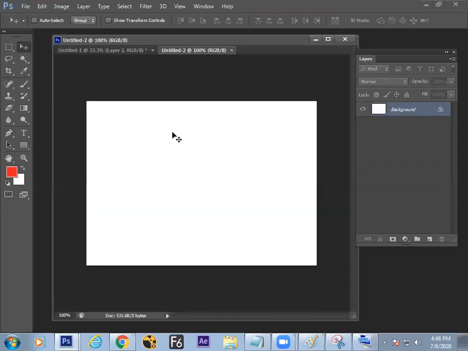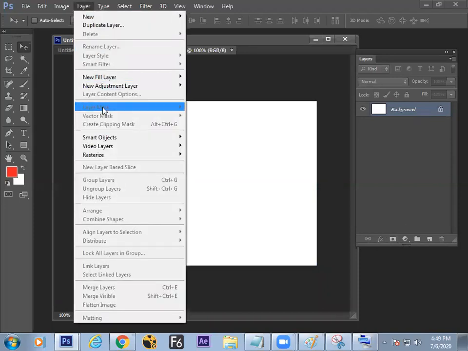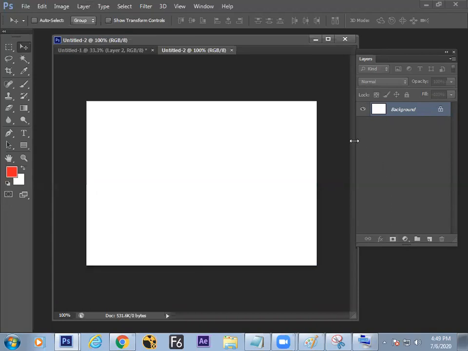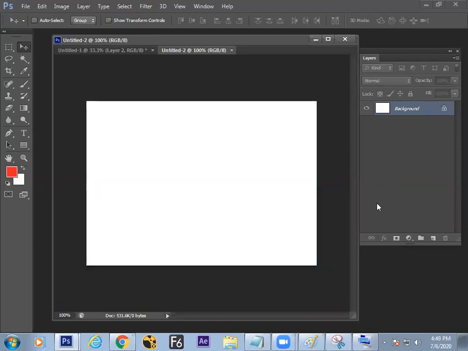Layer mask comes automatically. Now we have done the layer mask in 2 methods, either by clicking over here or by going to the layer menu and asking the software for a layer mask. But the third way to make a layer mask is inside your layer window, the middle button at the bottom.